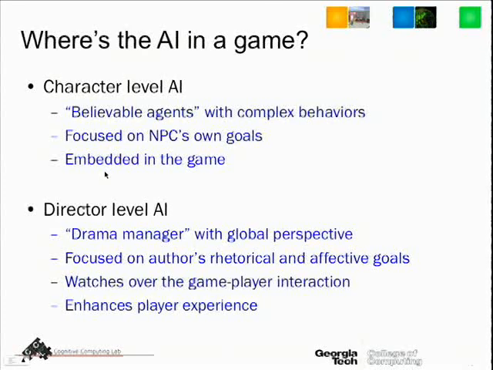So for example, if you're trying to educate somebody, we might change the game a little bit on the fly to make it more educational or more entertaining or more whatever the purpose is. So the objective there is to enhance the player experience, not to pursue the goals of any particular NPC.